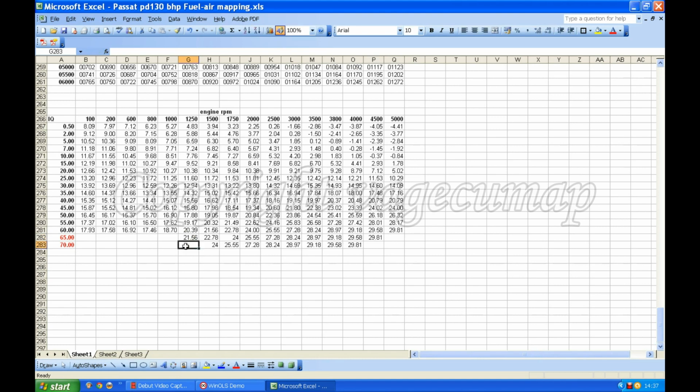21.56, and here I can put 22.78, and here I can put 20.39, and here I can put 21.56, and here I can put 18.7, and here I can put 20.39, and here I can put 17.46, and here I can put 18.7, and then here I can put 16.92, and here I can put 17.46, and then here I can put 17.58, and then here,